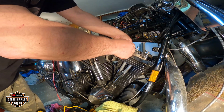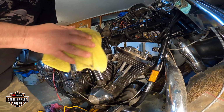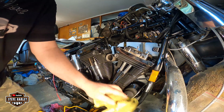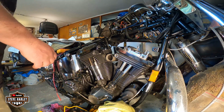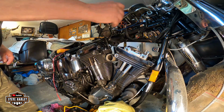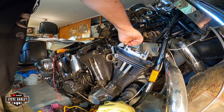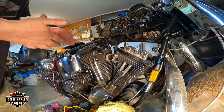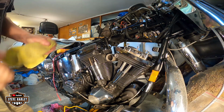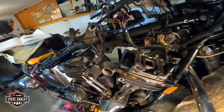Oh, that was better. Okay, all the way in. If the bolt doesn't go in, that means it's not all the way in, so you're off. But let me get the bolt. Okay, all right. Okay,